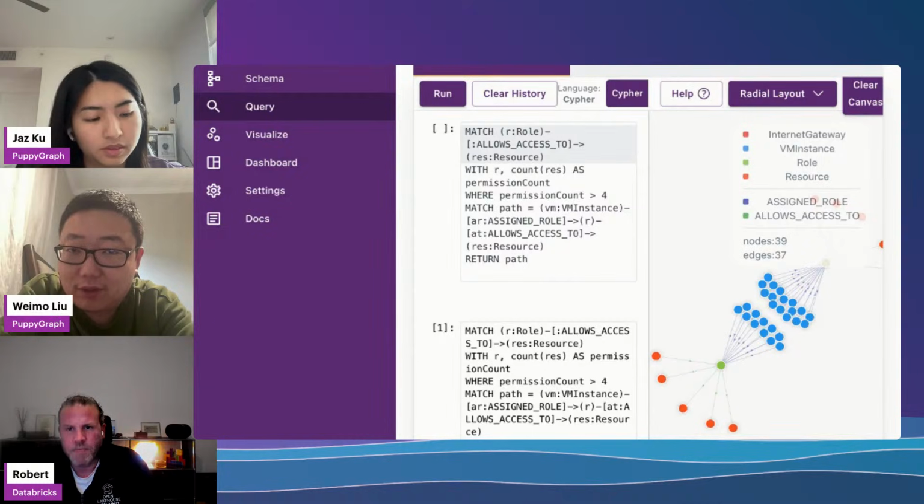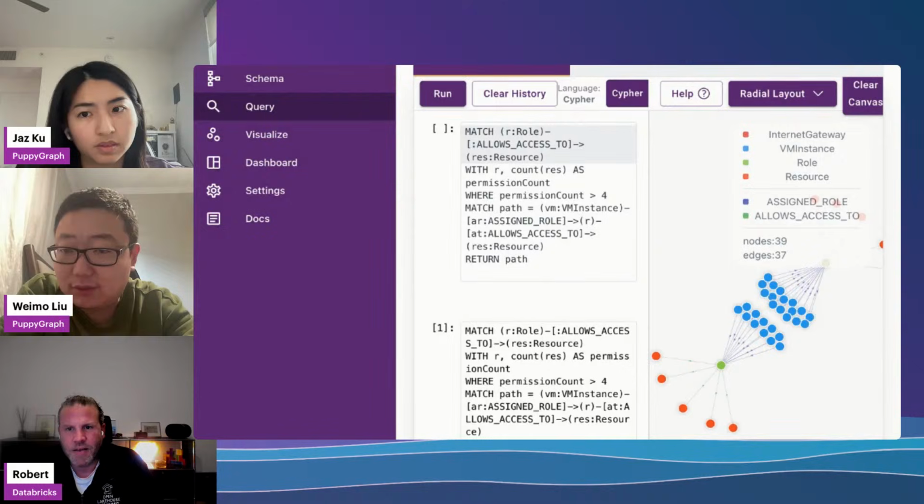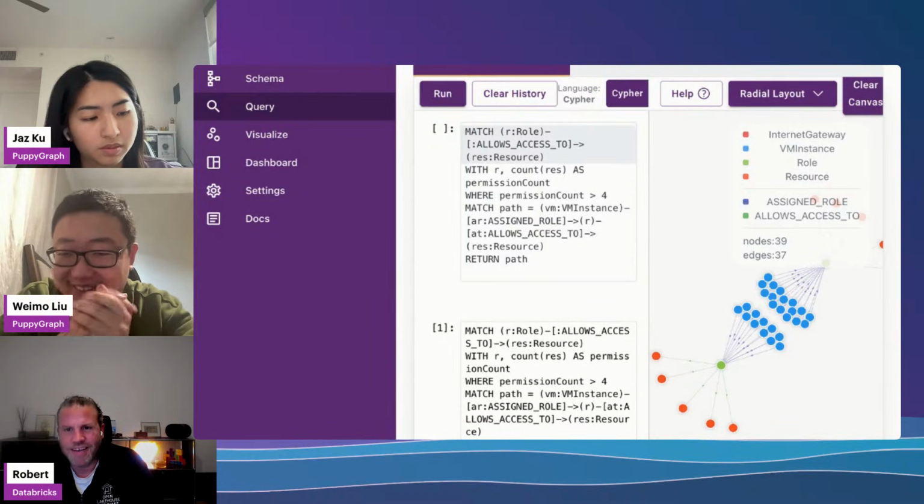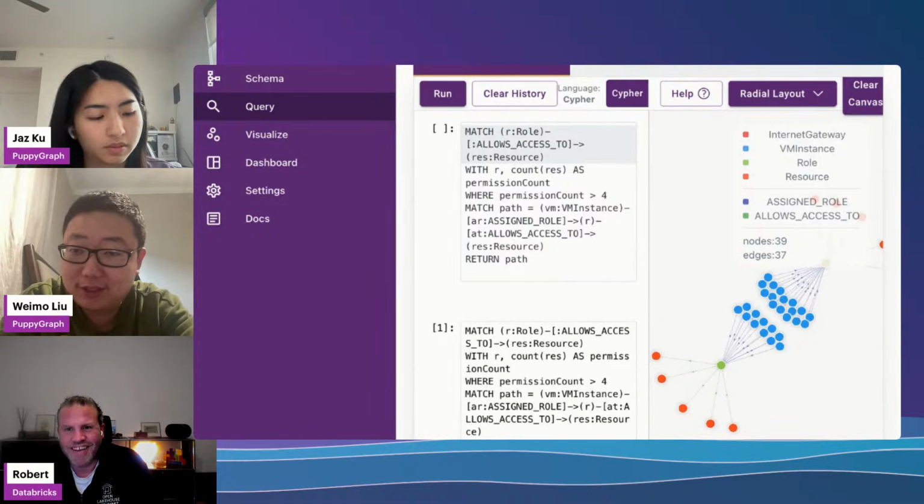We have a node action and an edge action. And we assume every graph query, graph pattern, or graph algorithm can be a combination of node actions and edge actions. So the input of each action is either a collection of nodes or a collection of edges, and the output is another collection of nodes or edges, and then all of these can be combined together, and we can do the rule-based optimization and the cost-based optimization. And when we fetch the data, we just issue the projection with filter to Delta kernel.